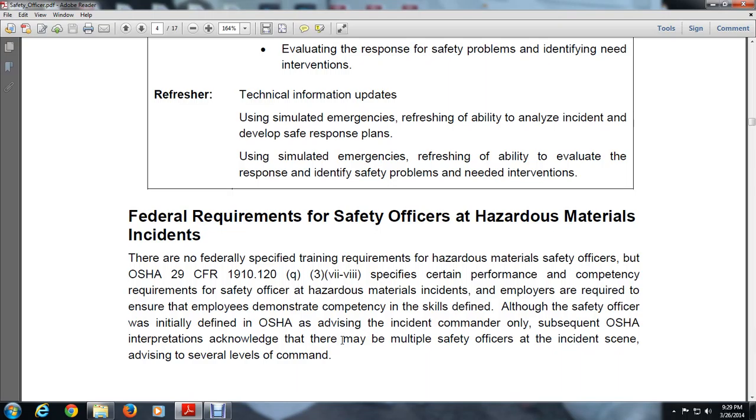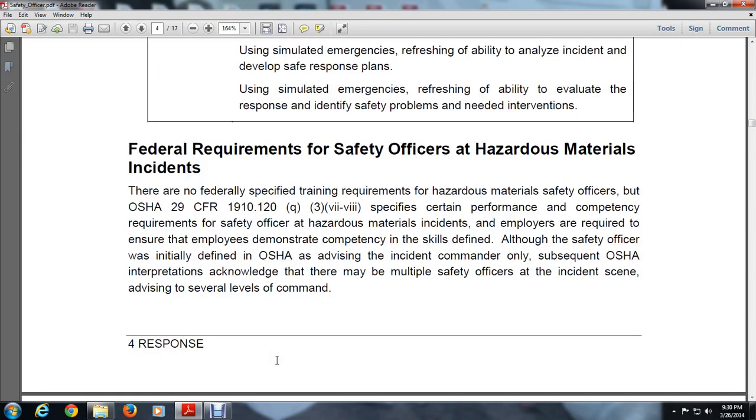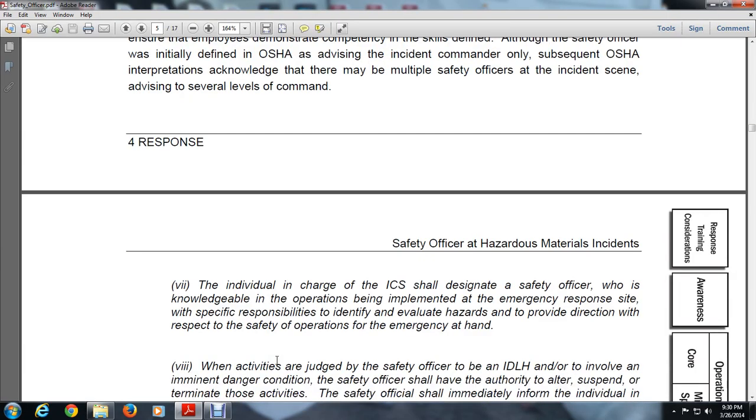Although the safety officer was initially defined in OSHA as advising the incident commander, a subsequent OSHA interpretation acknowledged that there may be multiple safety officers at the incident scene advising several levels of command. (vii) The individual in charge of the ICS shall designate a safety officer who is knowledgeable in the operations being implemented at the emergency response site, with specific responsibility to identify and evaluate hazards and provide direction with respect to the safety of operations for the emergency at hand. (viii)